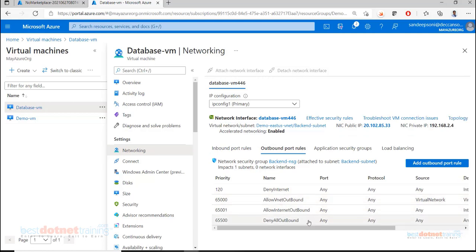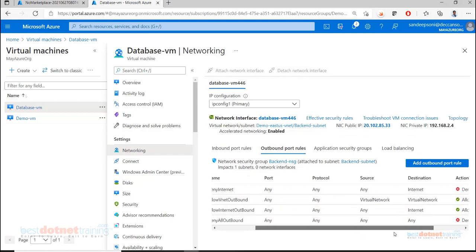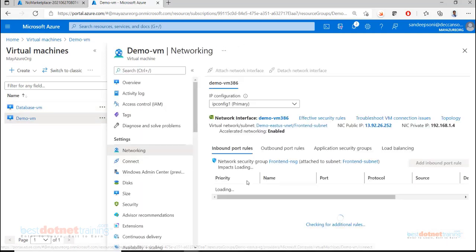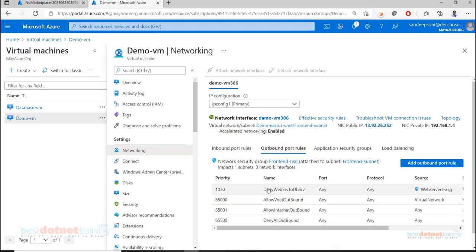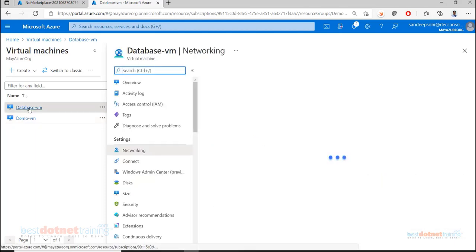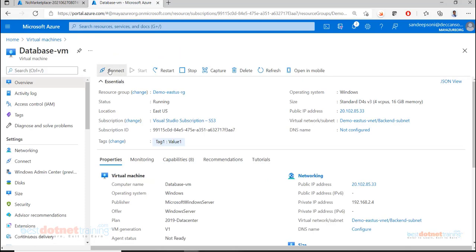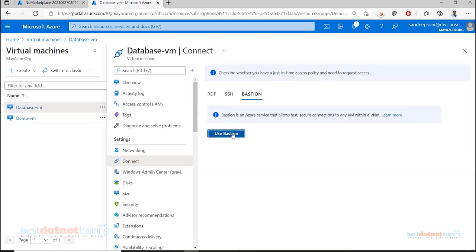Outbound rule. Okay, looks like we already deleted. So good enough. No, not for that. For DemoVM, we created an outbound rule. But this is for the DemoVM outbound rule. We are interested in the database VM outbound rule. And we don't have anything. By default, everything is accessible within the VNet. Good enough. So from this machine, I will definitely be able to reach this machine. You can also verify that using Network Watcher IP flow. Anyways, hopefully the virtual machine has started. Let's connect and we can use Bastion again.